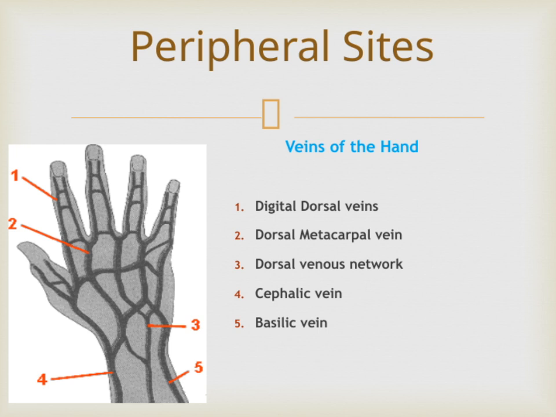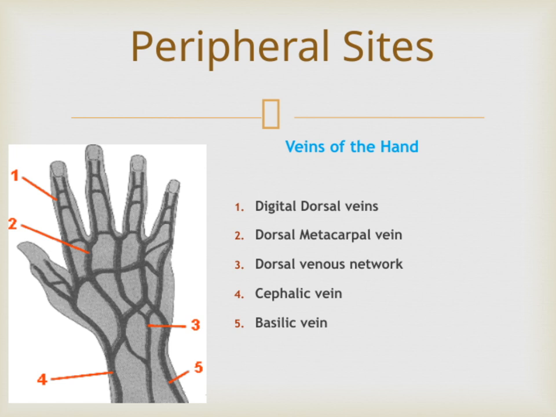Now, two major superficial veins emerge from this network: the cephalic vein, which runs along the thumb side of the arm, and the basilic vein, located on the pinky side. Both veins are important because they are often used for medical procedures like venipuncture. Finally, we see that these veins connect to peripheral sites, meaning they are accessible points on the hand and arm where blood can be drawn or where catheters can be inserted. Recognizing these veins and understanding their pathways is crucial in clinical practice, especially when establishing intravenous access or managing venous